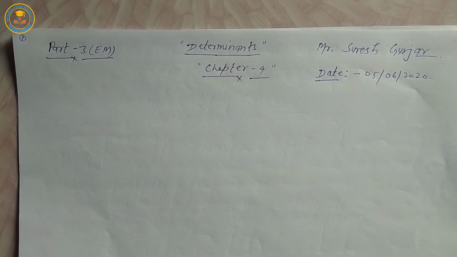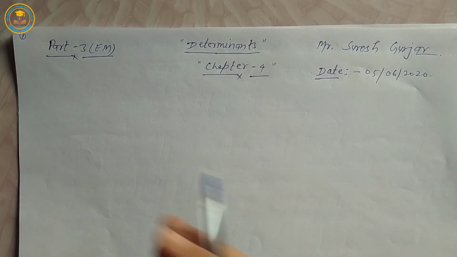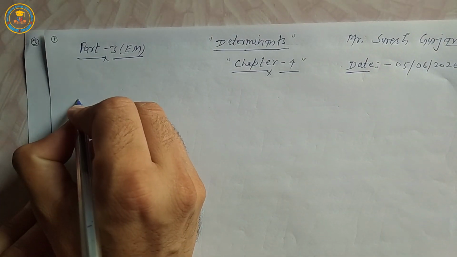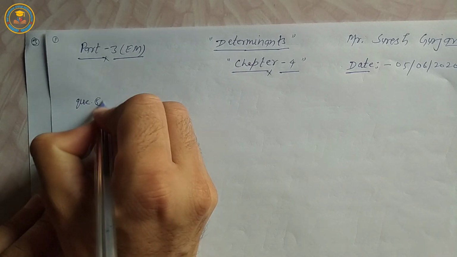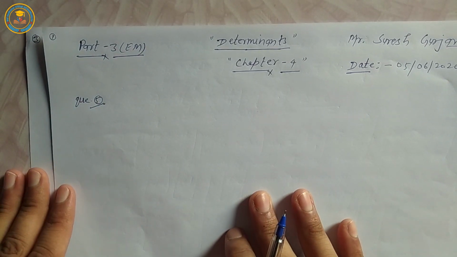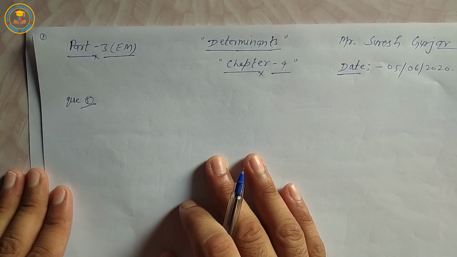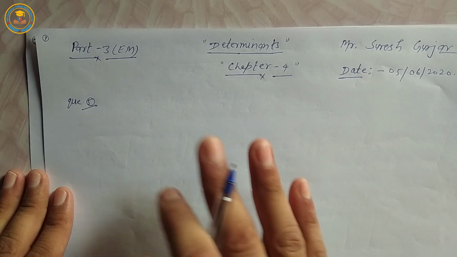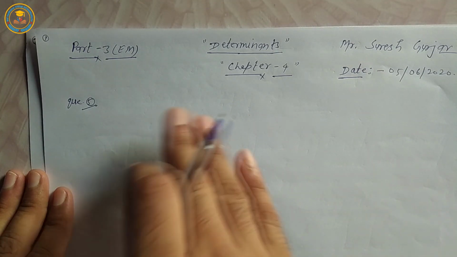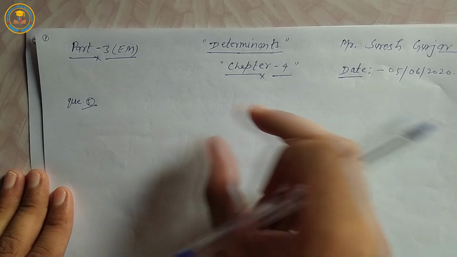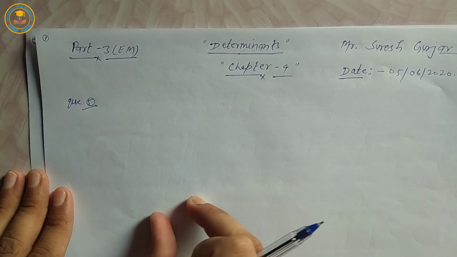And today we will read the remaining question of exercise 4.1. The next question of exercise 4.1, question number 5. Write minors and cofactors of the following determinants corresponding to the first column. Also find the value of the determinants. It means find the value of minor and cofactor of the following determinants corresponding to the first column. Only first column. Okay.